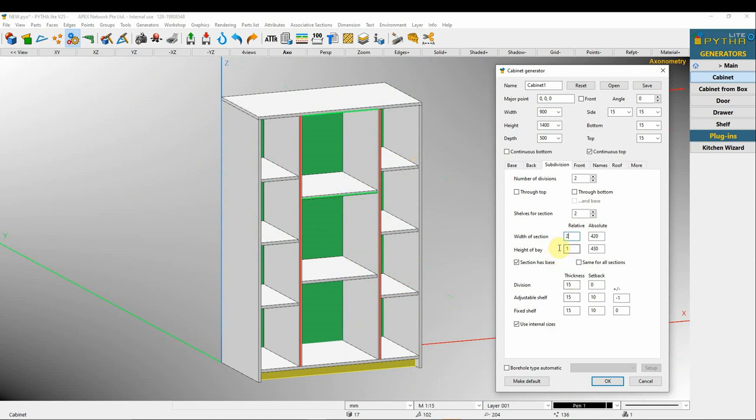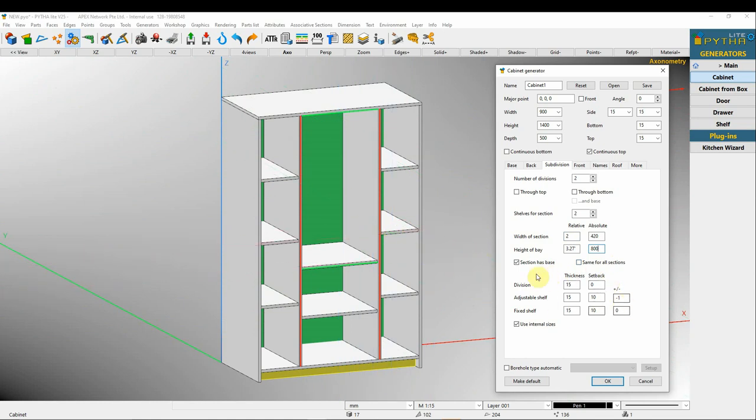Next, we can control the height of the bay. So I click here, I can control the height of this bay, and I can say maybe 800. So this will set this size to be 800.